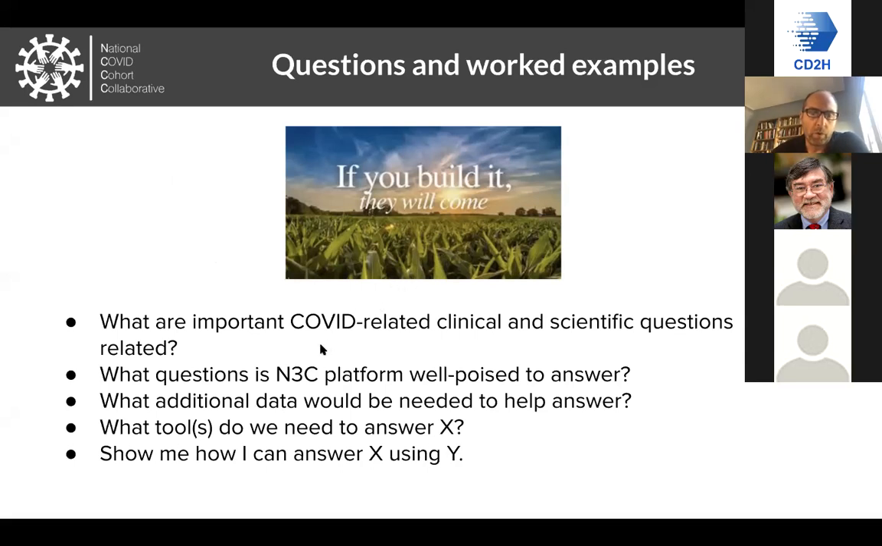So we want to work with experts throughout this network, through CTSA network and elsewhere, to make sure that we are identifying those questions. We're thinking through them deeply, thinking about the tool stack that's needed to address them, make sure that we have the data that's required to answer them, and make sure that the N3C platform is designed in a way that's well poised to help answer these questions, identify additional data that we might be able to link with,